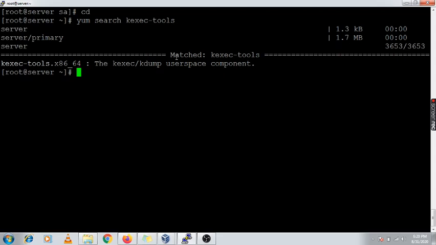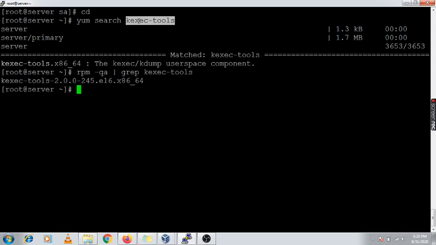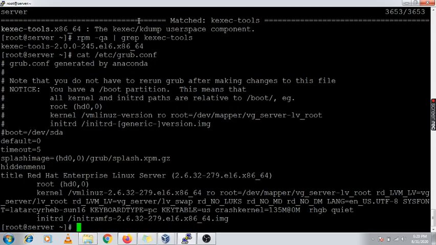This package is already installed on my server. We check it using rpm -qa | grep with the package name. Now you can see the kexec-tools package is already installed. Now we can check /etc/grub.conf. Inside it I have configured crashkernel equals 135 MB.